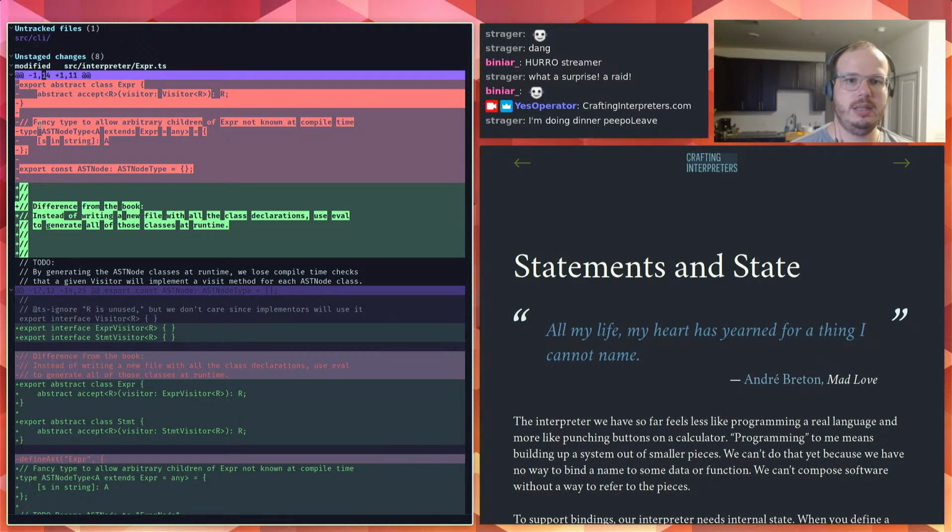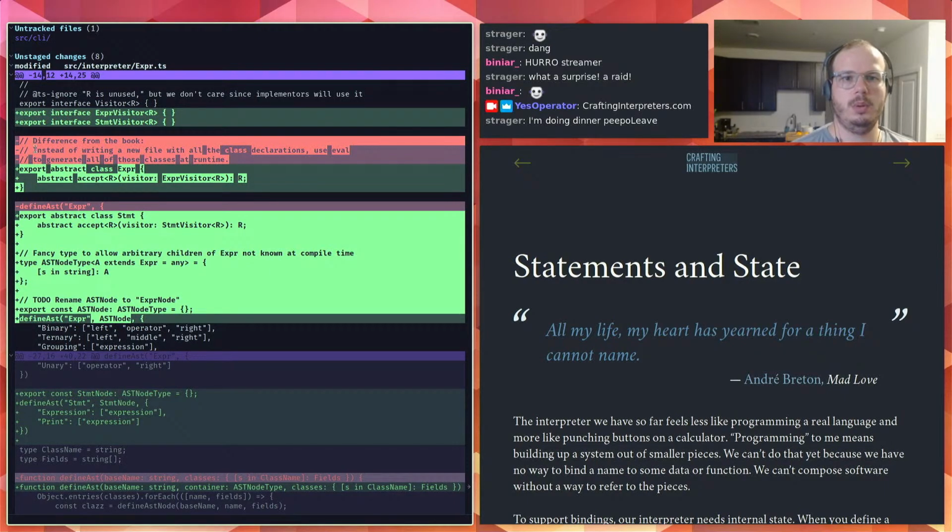So in this file, we moved a lot of stuff around. Put a comment at the top. We removed from below. Added some new interfaces. Added a new class for statements versus expressions. We have a fancy type to allow children.